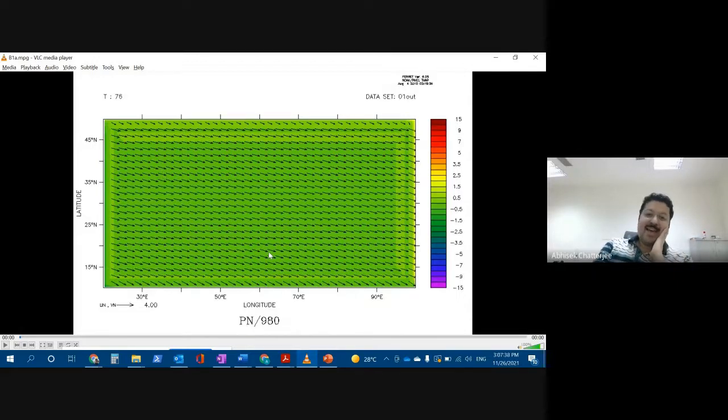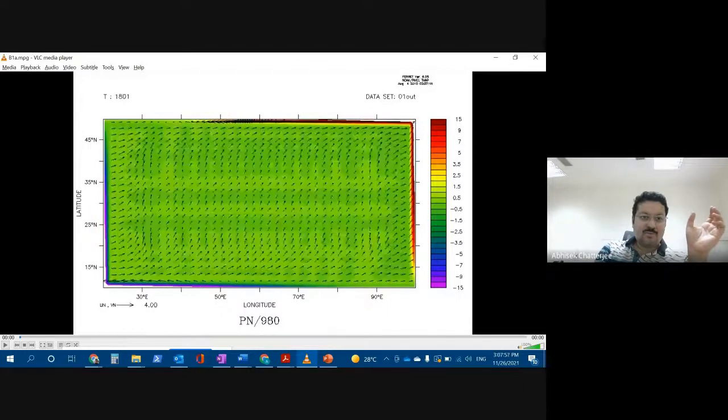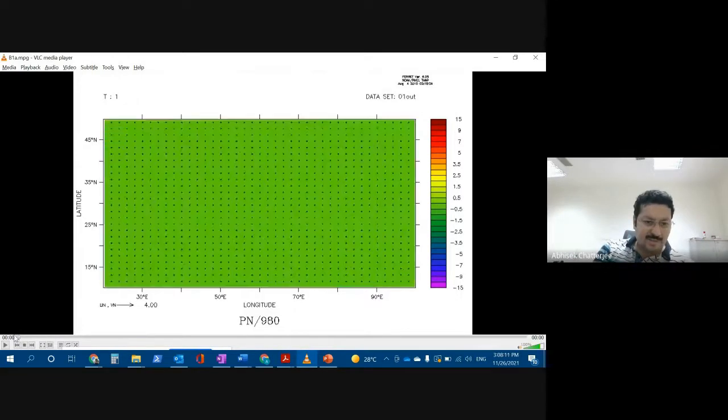So we are in the northern hemisphere. Initially there is no sea level change, so the green that you are seeing here is basically the height of the sea level in centimeters. Initially it is 0, but I don't know whether I can go to the start. Okay, initially it is close to 0. The movie starts like this, so I cannot actually show you 0. Okay, yeah, it is 0. So it is here somewhere in the green.